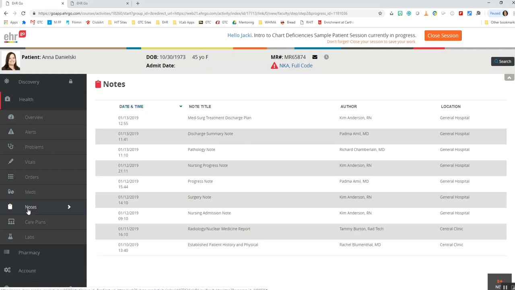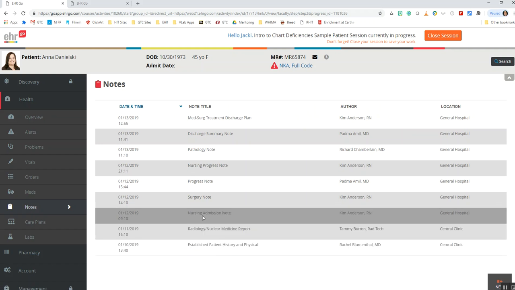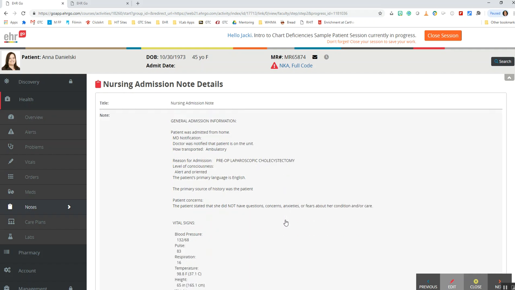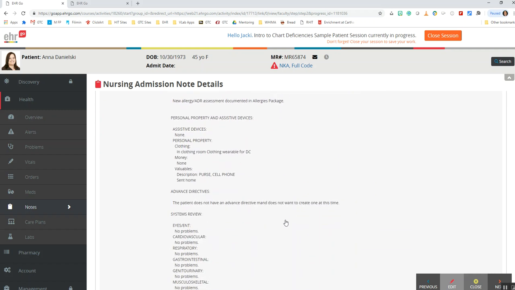Probably under the notes. And let's see, these are clinic notes. We don't have a physician admit note. So the only thing that we can look at right now is the nursing admit note. So when we look here, does it list what is the principal diagnosis? No. It lists that the patient is admitted for a laparoscopic cholecystectomy, but it doesn't tell us what the patient's actual diagnosis is. So as we scroll down through the rest of the document,